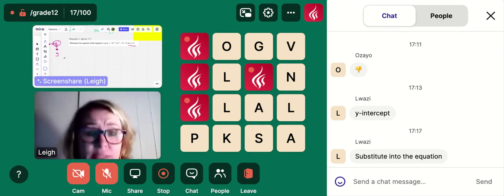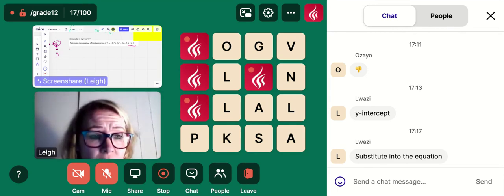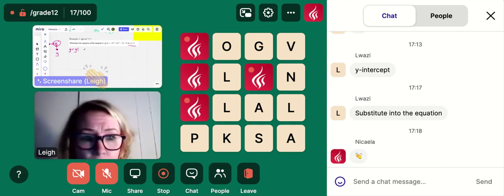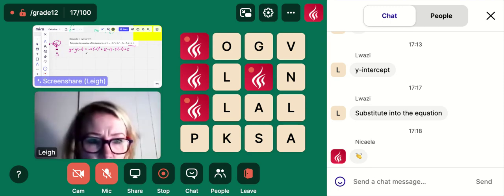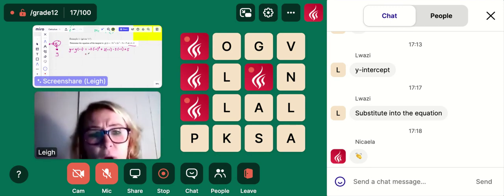Substitute into the equation, quite right, Luazi. That's exactly what I would do. So I could write Y as G of -1. And I'm going to substitute -1 into my equation. So -3 times -1 cubed plus 2 times -1, subbing it in, minus 3 times -1 plus 5. Okay, and that's going to give me a corresponding Y coordinate of